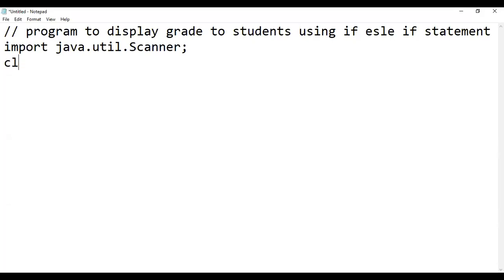So firstly, we will define a class, public class Grade. G must be capital. So in the body of the class, firstly, we will write our main function.